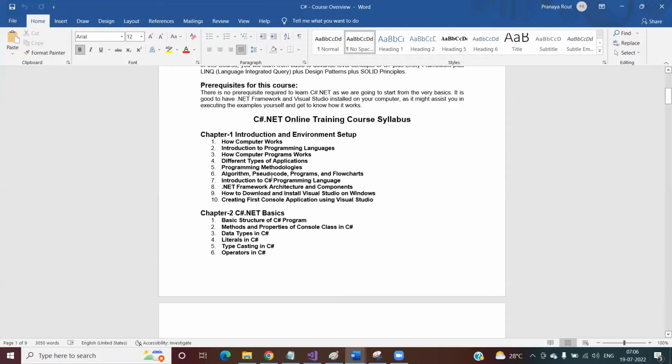Then we will give a brief introduction to the C# programming language. Then I will show you the .NET framework architecture and the different components available in the .NET framework. Then I will show you how to download and install Visual Studio on the Windows operating system. And finally, we will create a small application using Visual Studio and the C# programming language, and that will conclude our